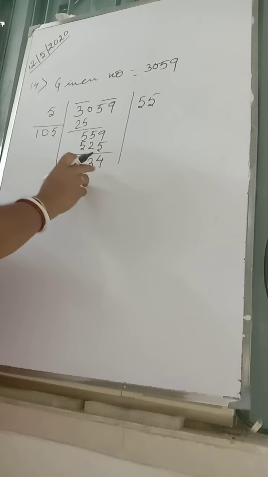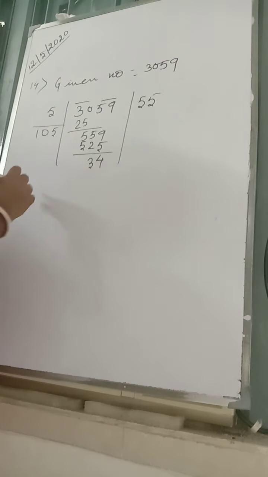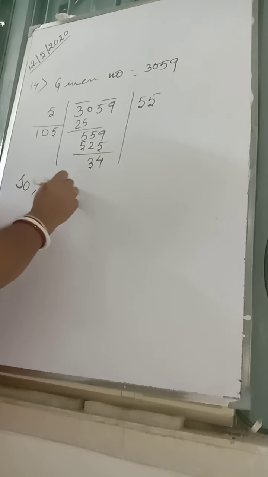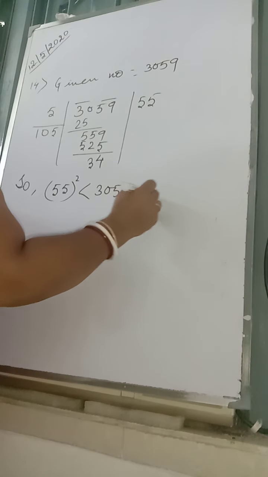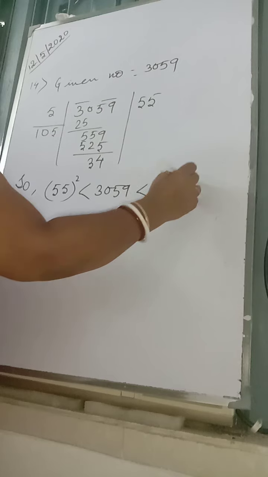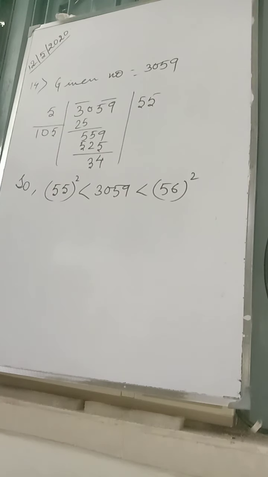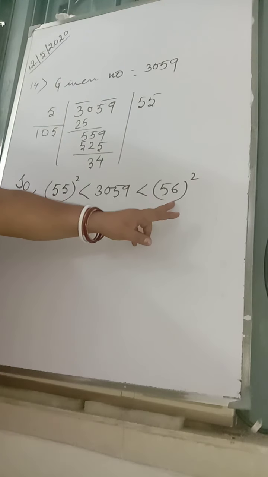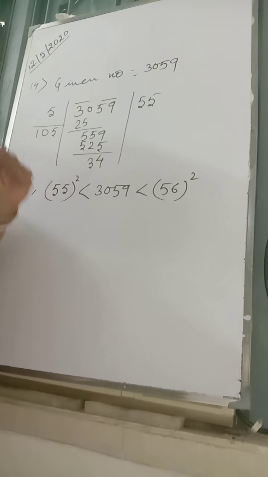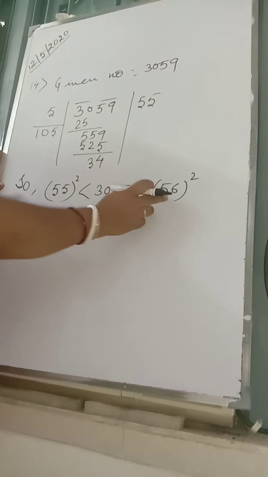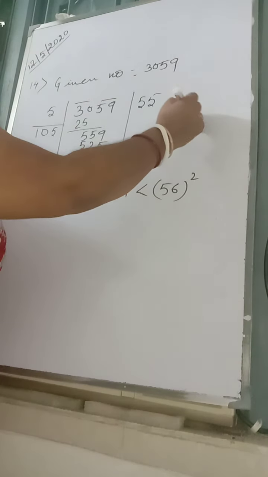If they would have asked subtracted, immediately we can subtract 34. So what can we see? The number is greater than 55 square and smaller than 56 square. We have to add some numbers. So we have to make it a square of 56. It is not a square of 55. It is more than 55 square. I cannot reduce it. So what I have to make? I have to make it a square of 56. So we'll just get the square of 56.